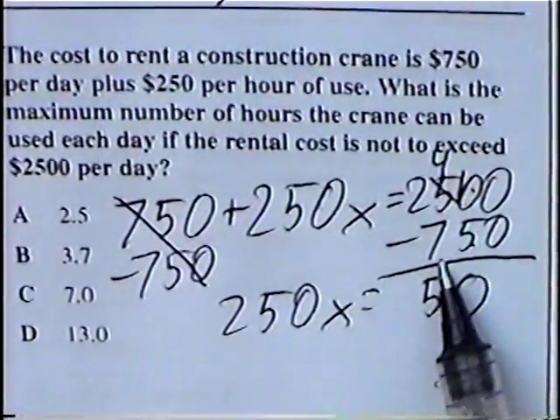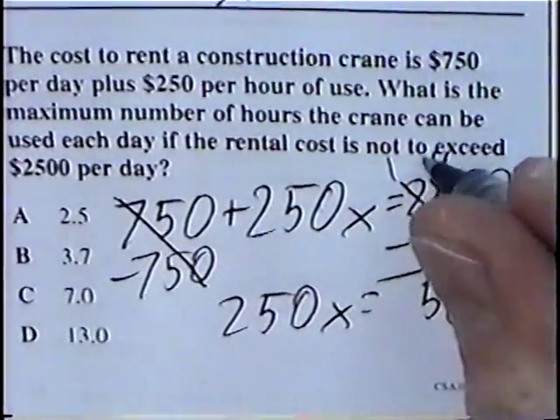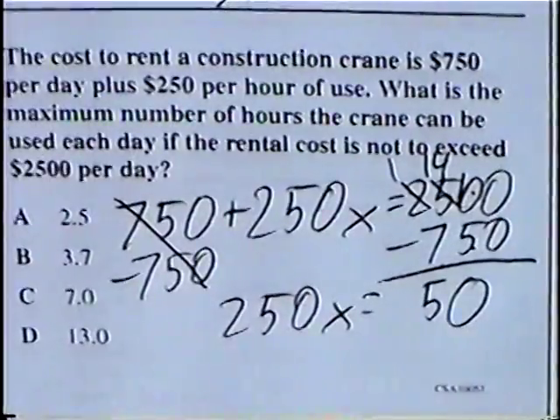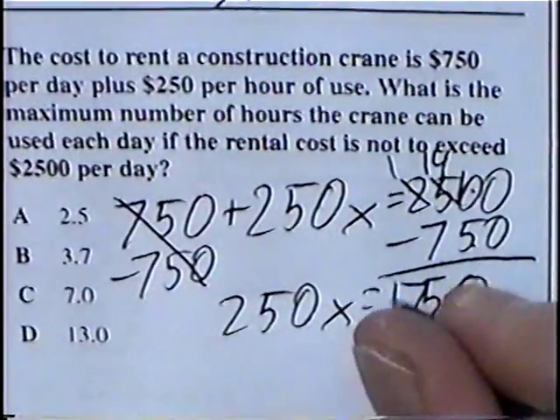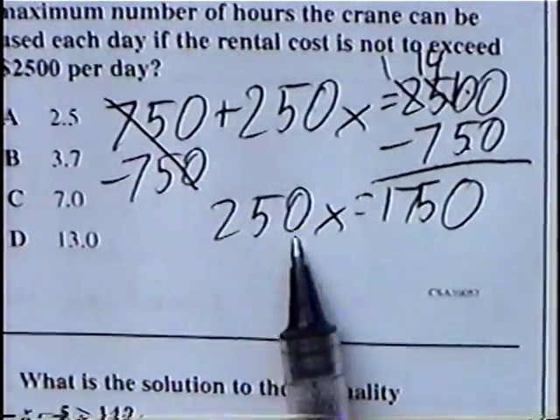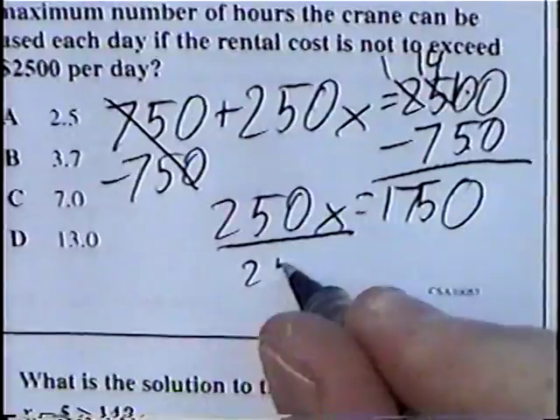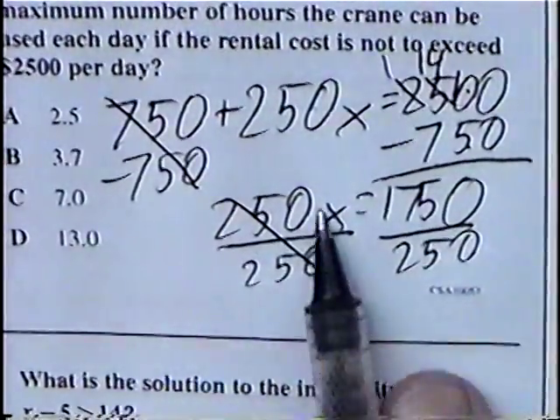And again, we cannot subtract 4 minus 7. So borrowing from the 2, we can subtract 14 minus 7, which would be 7. And bringing the 1 down would be 1750. Solving for x, we can divide by 250. And x would equal